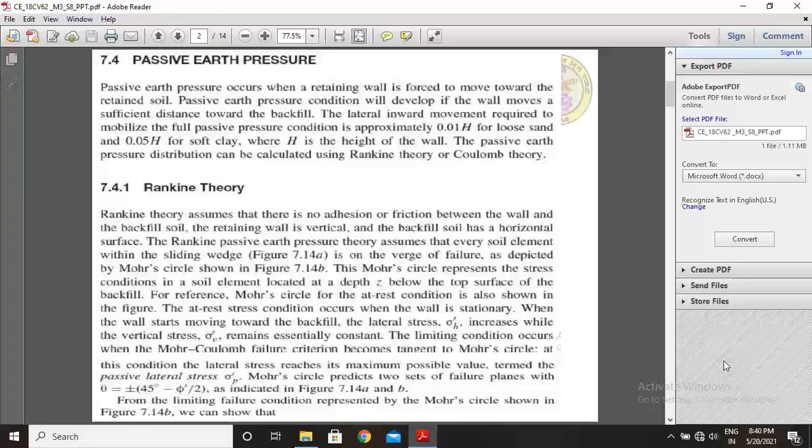At this condition, the lateral stress reaches its maximum possible value, termed the passive lateral stress sigma dash p. Mohr's circle predicts two sets of failure planes with theta equal to plus or minus (45 minus phi by 2), as indicated in figure 7.14a and b. From the limiting failure condition represented by the Mohr circle shown in figure 7.14b, we can show that